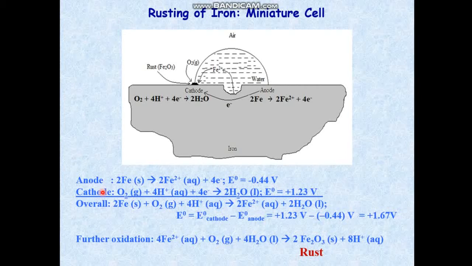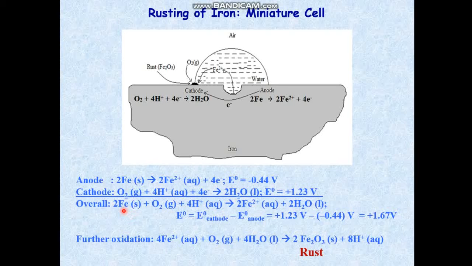So let us see the cathodic reaction. In the cathodic reaction, this is the reaction and the corresponding E0 value is plus 1.23, and this is written in the right direction. This is the forward reaction taking place and the E0 is positive here. So the 4 electrons on the right hand side of the above reaction and the 4 electrons on the left hand side of the cathodic reaction cancel each other.